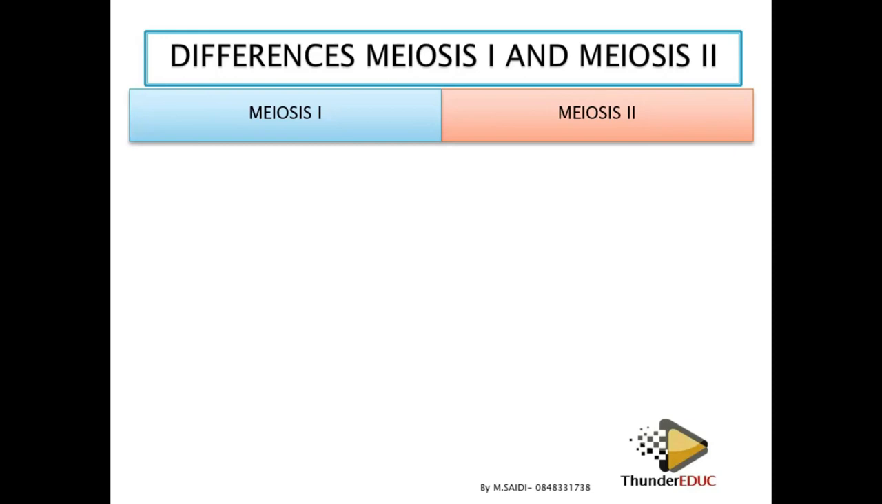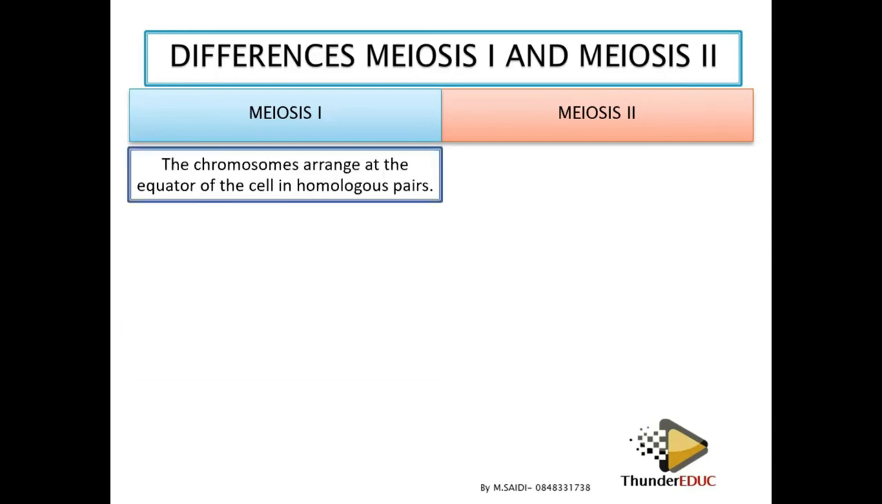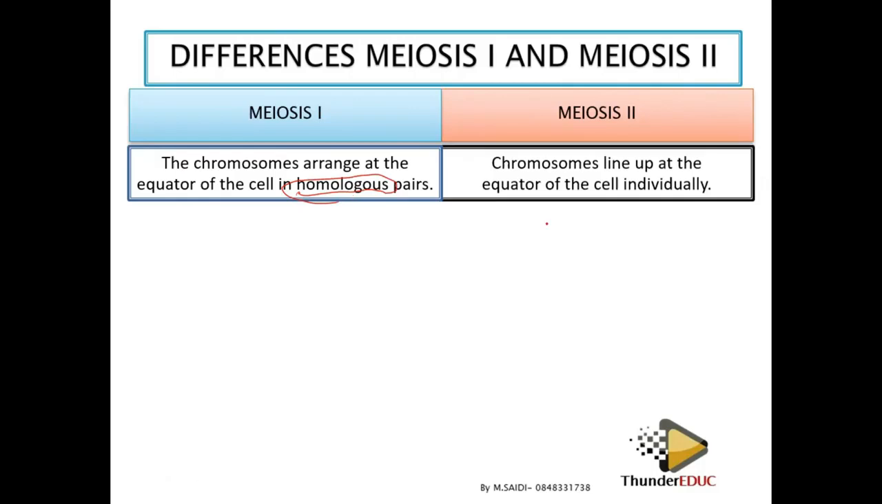Crossing over occurs in prophase. There is no crossing over, so you have to look at the phases. Okay, chromosomes align along the equator in a homologous pair. You see the word homologous. In the homologous, this is the key point, in the homologous pair. Then the other side, the chromosomes align along the equator individually. This is the key point which